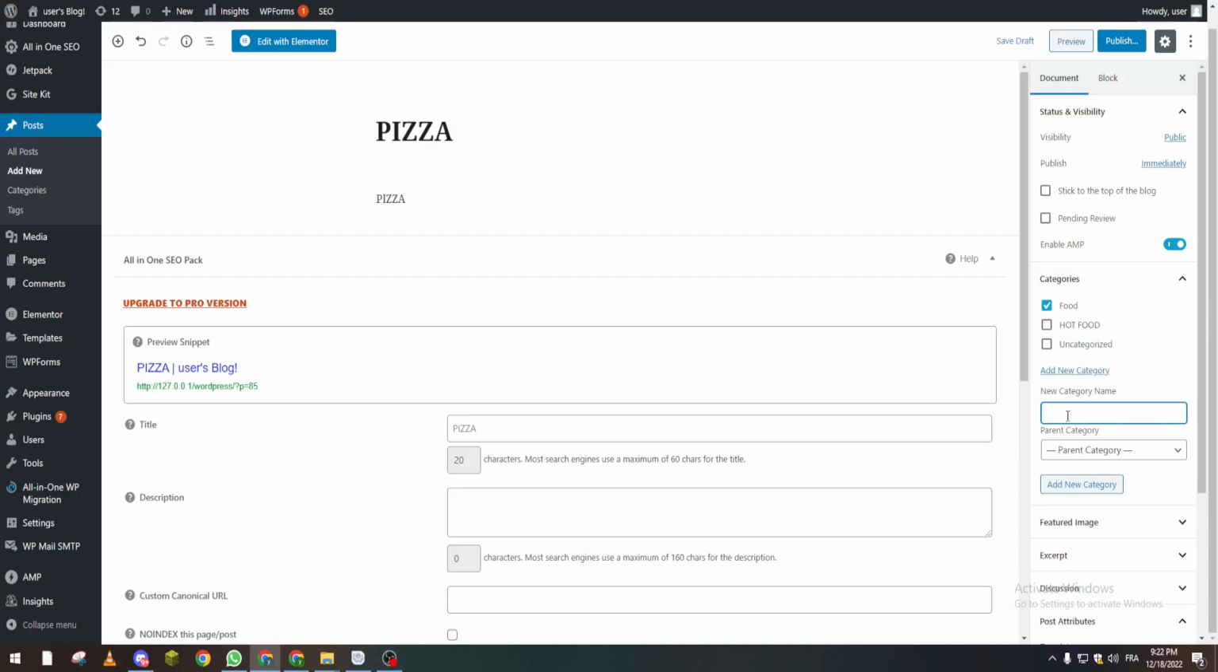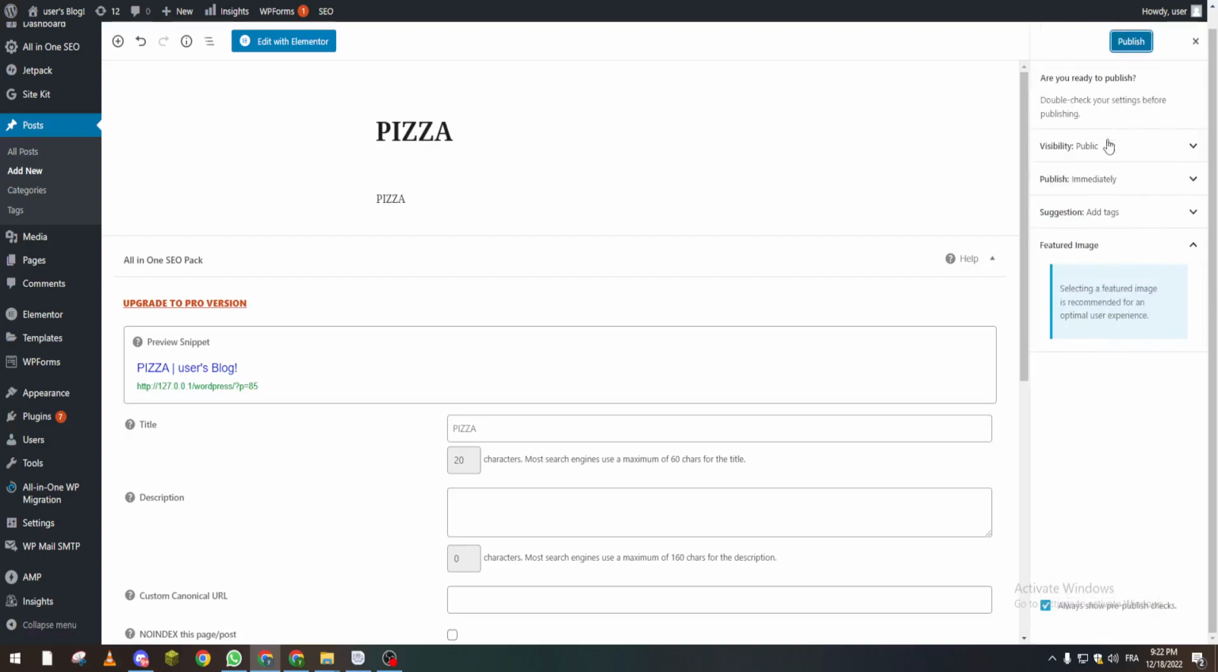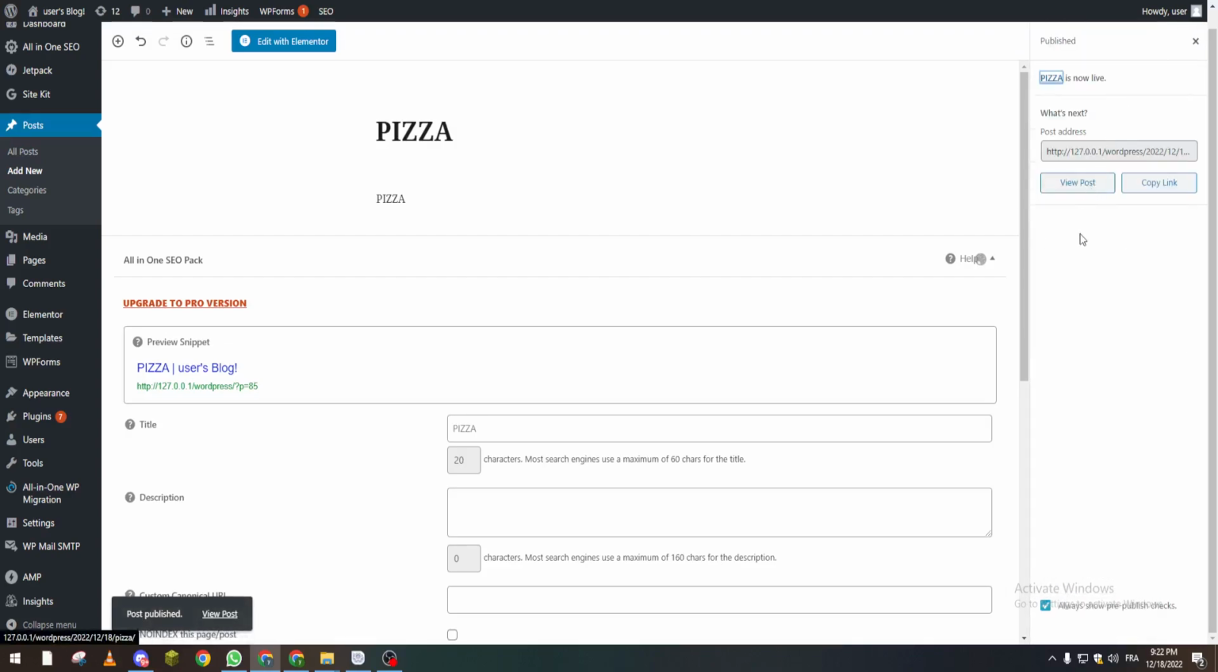You can add a new category, for example, Italian. Add new category, and here it is. Now it is added under food, in the Italian category. Now if we click on publish, view post,